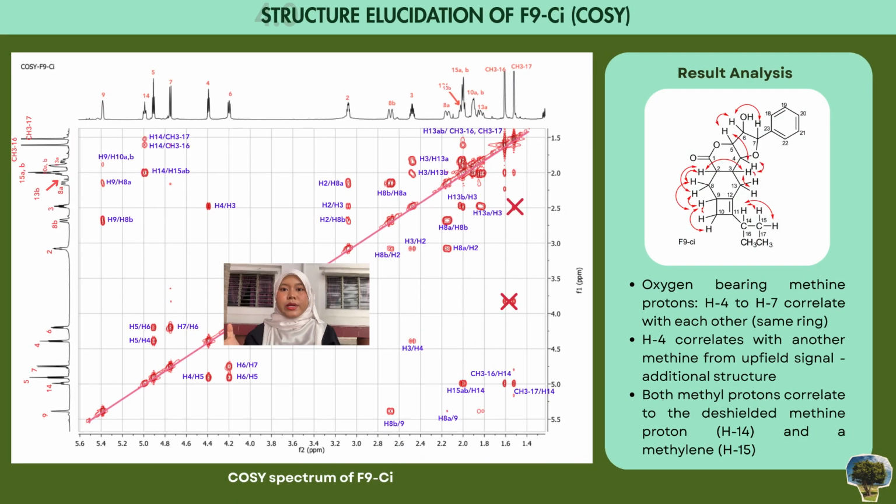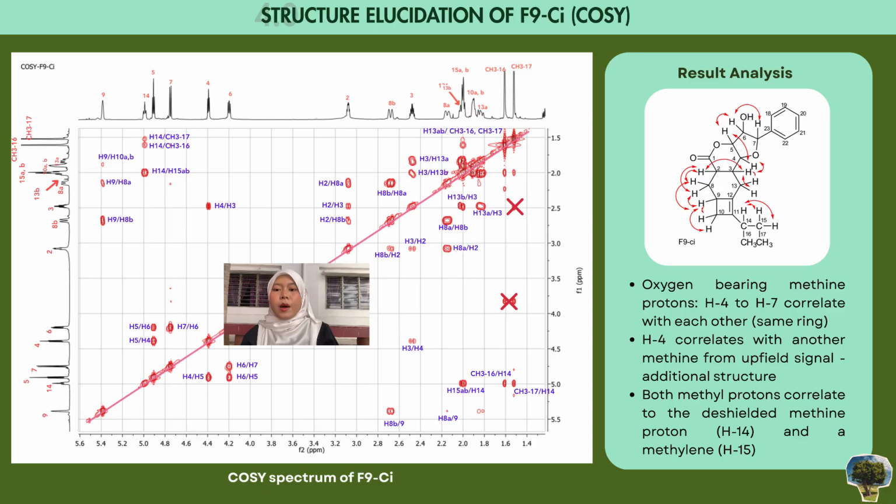The structural elucidation of F9C1 was done by analyzing COSY correlations among the protons and using HSQC to find which protons are directly bonded to the specific carbons. All the oxygen-bearing methine protons, H4 until H7, correlate with one another within the same ring. Only H4 correlates with another methine from the upfield signal, which means another additional structure starts from here in the